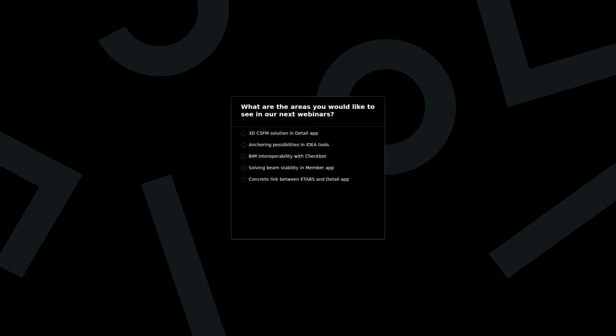So sending the data from a connection app to detail app, and what everything is possible, maybe what's not possible. C option, BIM interoperability with Checkbot. So maybe you're interested in different FEA tools, maybe in the whole workflow presentation, maybe member stability. So lateral torsional buckling, or general buckling of the members, so we can focus on this in the member app, or you can see the whole workflow between ETABS and detail. So votes are coming,